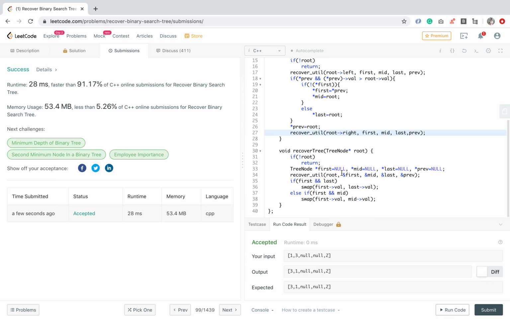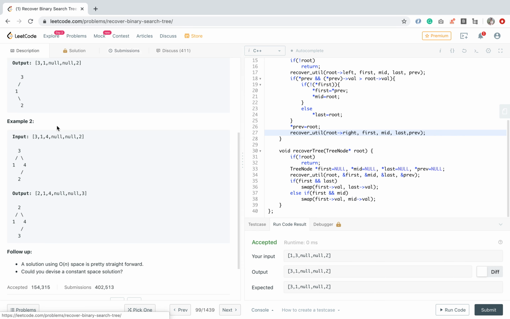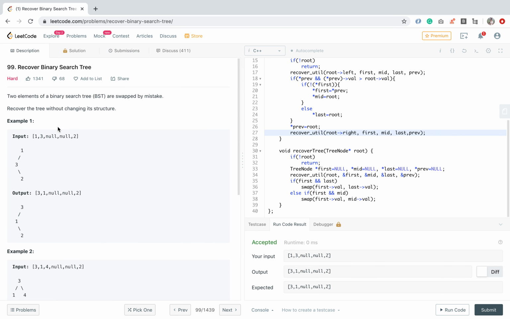So we will summarize the code we have done. Basically the problem was, in a BST two nodes are swapped by mistake, and we have to recover the tree. So we are trying to find the out of order elements in the in order traversal. Two elements will not be in increasing order, so we have to find that.